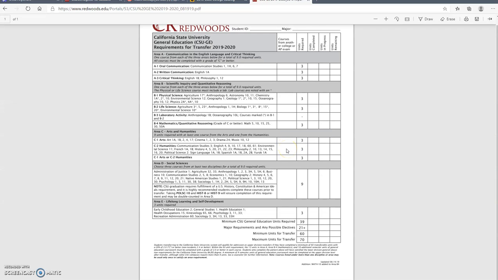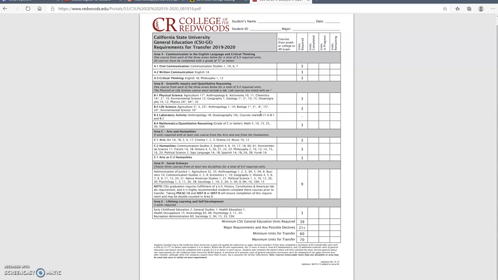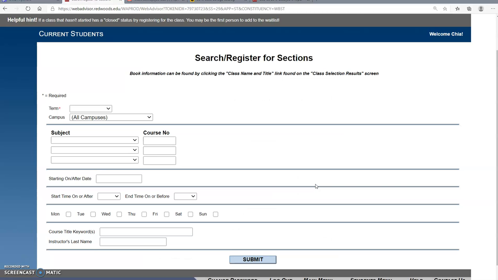So when selecting other courses, you'll want to both consider your major as well as other areas on the general education pattern that you'd like to fulfill. Since we're a psychology major, taking a psychology course, perhaps general psychology would be a good option. As long as you're taking a class from the different areas listed, you're moving in the right direction. As a first-year student, General Studies 1 is always also a great option, which would fulfill your lifelong learning and self-development requirement. Now that you're back on the search